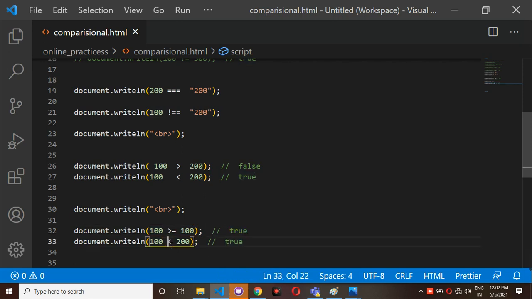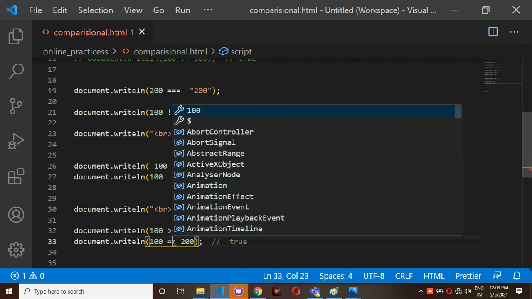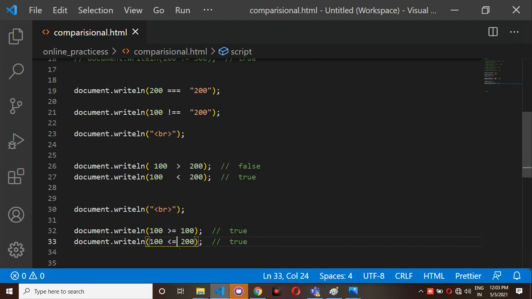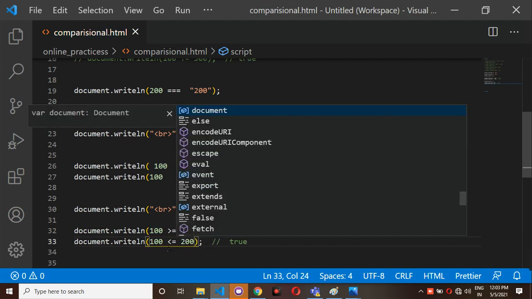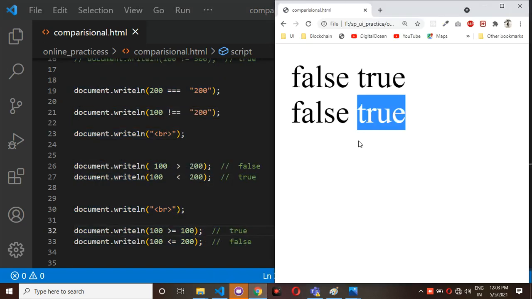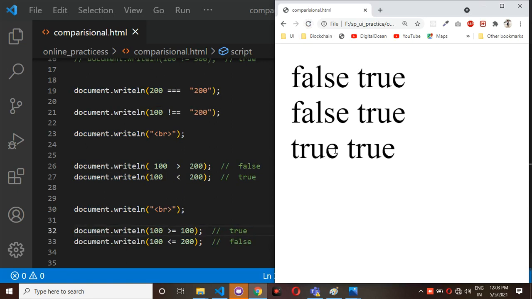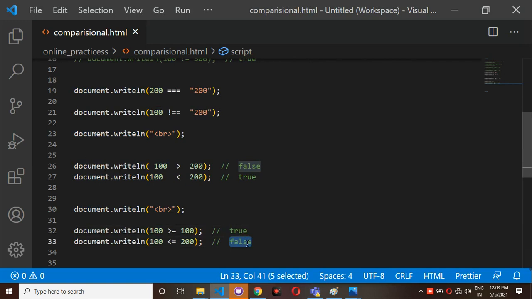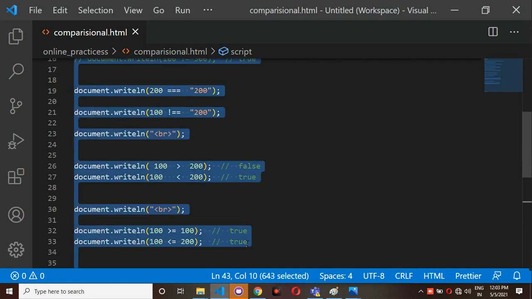And in this condition, we have written less than or equal to, but here this 100 is not equal to this 200. At least this 100 is not a greater value than 200. So here we will get false only. Sorry, here 200 is the greater value, that's why we are getting it.